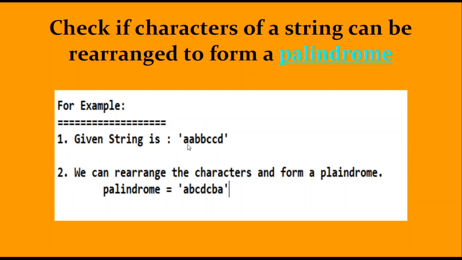So we need to look for the possibility that if we interchange the characters available in the string, do we get a palindrome? Let's see here. We have rearranged the characters like this: A, B, C, D, and whichever characters appear twice, I have rearranged them to form a palindrome. In this way, we can form a palindrome from the given string. That means you would read this string and your output should be yes, you can form a palindrome with this string. So you need to build logic for generating such output.